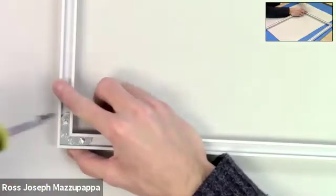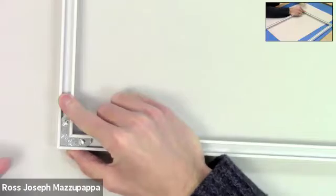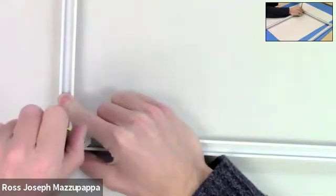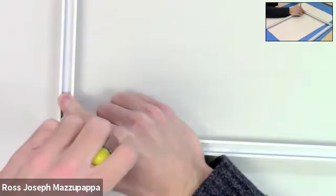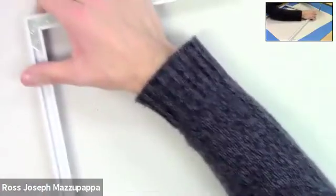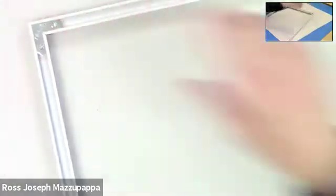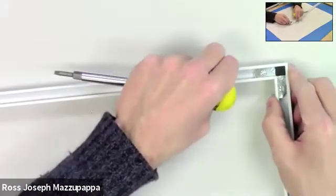Lining up those corners, checking that seam here, making sure that seam is lined up all the way through its thickness. And I'm just going to loosely tighten these up. Double check this one. There we go. All right, we're going to go to the bottom of the artwork